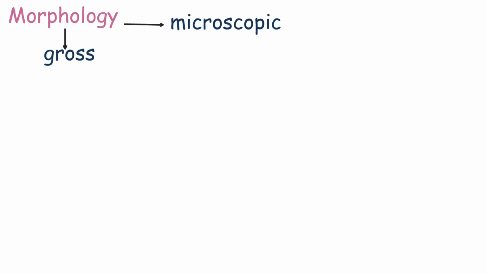Now let's talk about the morphology of Alzheimer's disease. Morphological features can be divided into two broad categories. They are the gross features and the microscopic features, out of which the gross features of Alzheimer's disease include